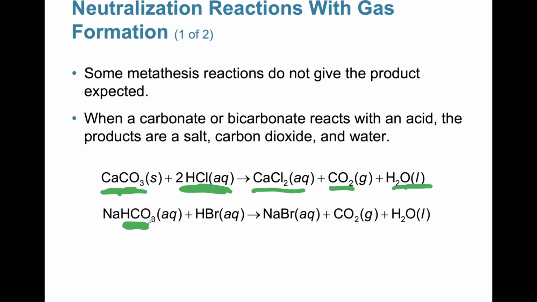Bicarbonate is this one right here, where it has an H, so that's why we call it bicarbonate, whereas this is just a regular old carbonate. And you mix it with acid, what you'll get is always going to be a salt, water, and then the one extra product is a carbon